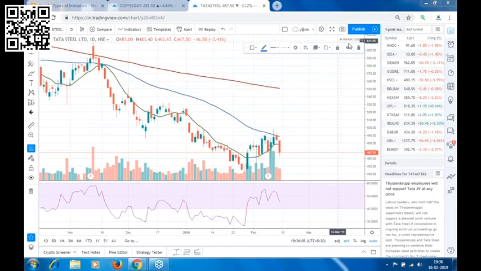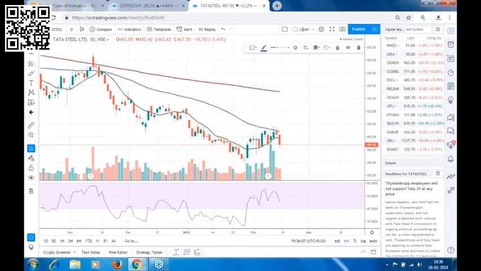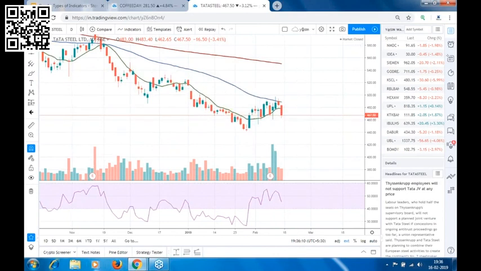Now another stock is Tata Steel that we gave. You can check it, it's on 31st Jan, I think. Or this is 30th Jan, this candle was formed. The stock was in a downtrend, and when we saw this big candle, this is a big,